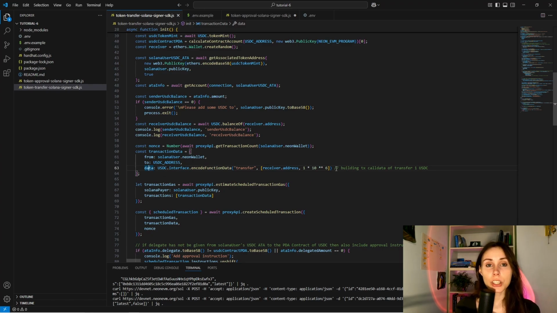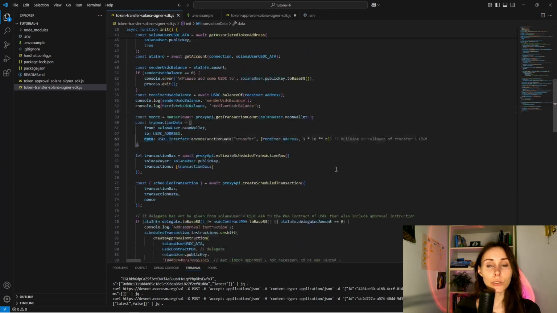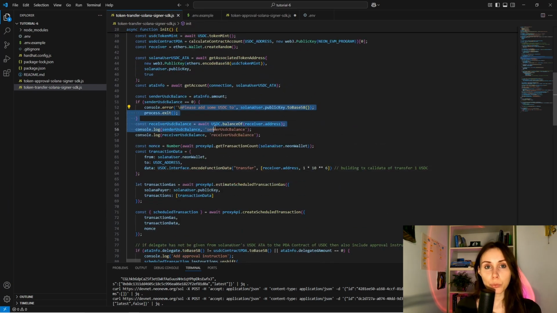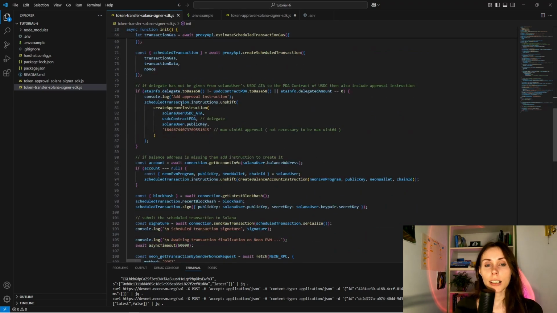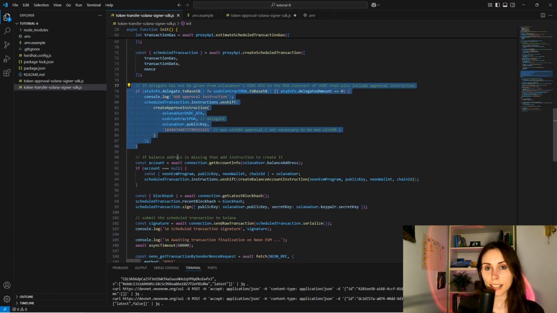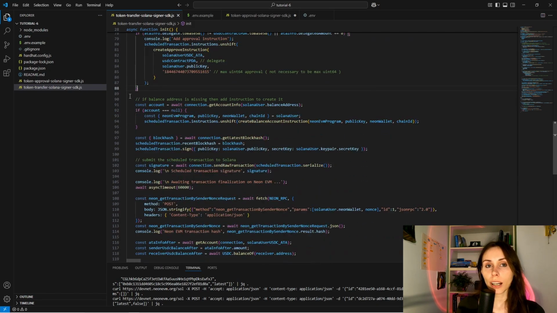So the script is going to check for SOL and USDC balances, and it's going to verify delegation. If it doesn't exist, an approve instruction will be included. The PDA is calculated from the USDC contract address and the Neon program. You must provide the ATA owner, which is a Solana user, and the amount